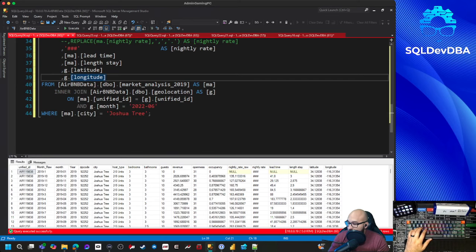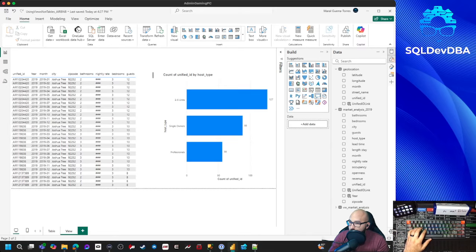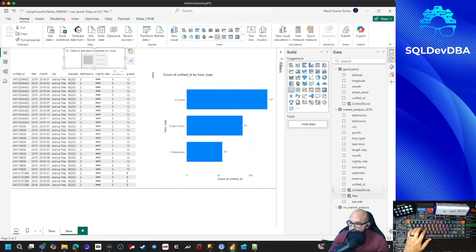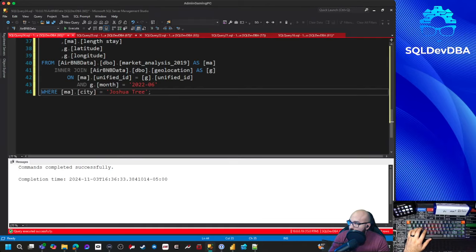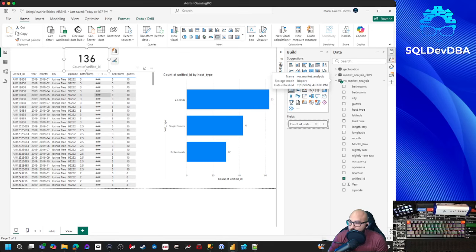And not only that, let's actually just go ahead and deploy this and let's refresh. And let's add a quick counter here for the number of unified IDs in this view so that we can see the data actually get smaller as we go. So we're going to do a unified ID, a count distinct of the unified IDs, 271. And after we execute this, we'll go ahead and refresh. And we can see that only 136 of those actually have